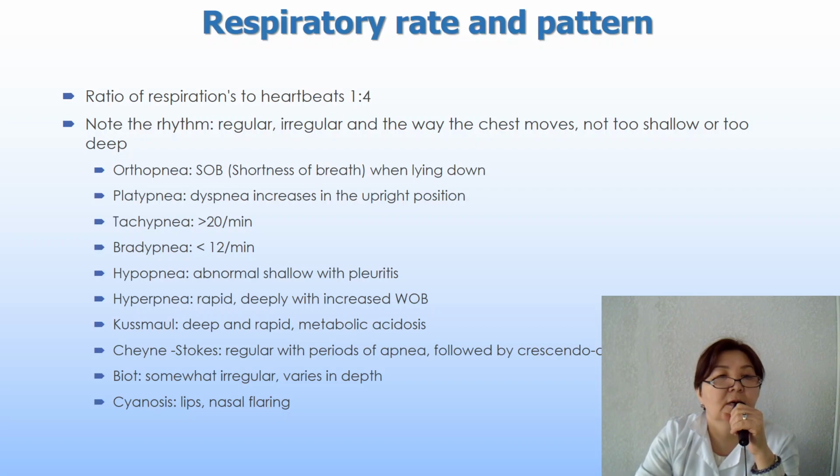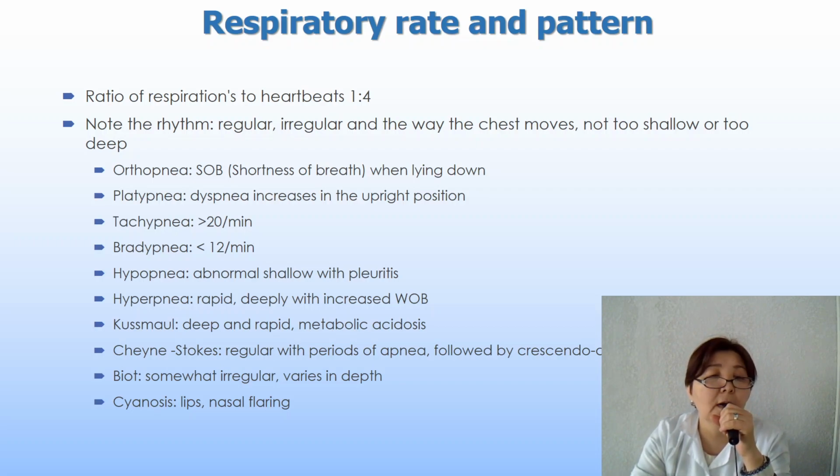And these are the types of abnormal rhythm. Orthopnoea, shortness of breath when lying down. Platypnea, dyspnea increases in the upright position. Tachypnea, the rate is more than 20 per minute. Bradypnea, the rate is less than 12 per minute. Hypopnea, abnormal shallow breathing with pleuritis. Hyperpnea, rapid deep breathing with increased